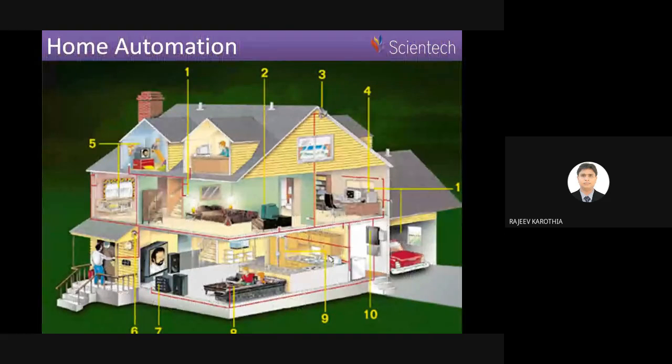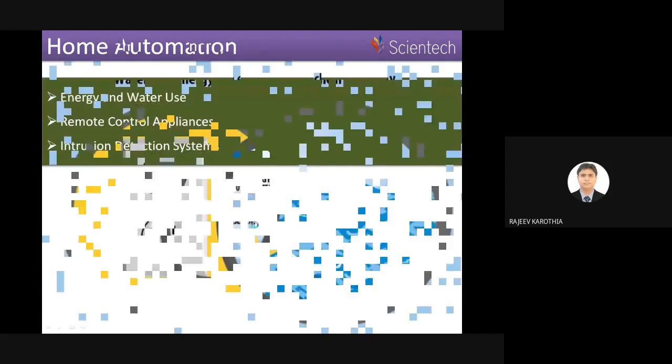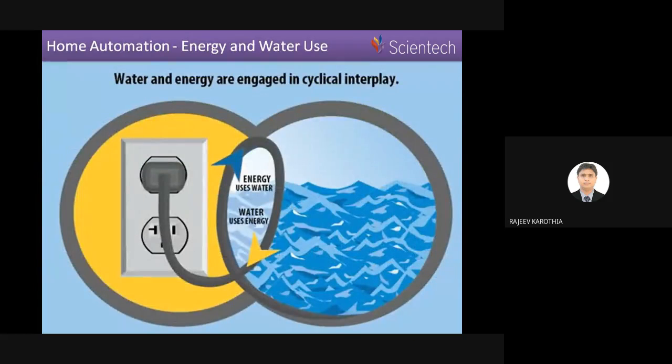And then another application area which is relevant with the smart city, that is home automation. So nowadays there are a lot of devices available which give the benefit of automation, like smart lights, smart TVs. So you can make some application for home automation where you can monitor, you can give security to your home. You can have some appliances to monitor your energy consumption. You can monitor your water consumption, and see how you can get these details.